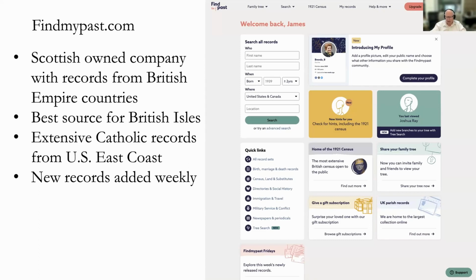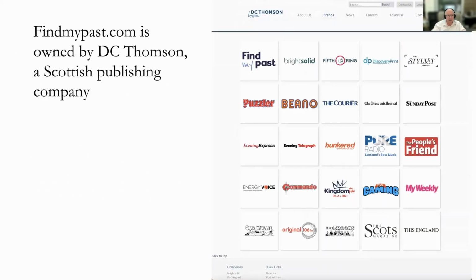Every week I get a notice from Find My Past telling me additional record sets that have been added to the website. And all the records are indexed. By the way, it's owned by a company called DC Thomson. It's a Scottish publishing company. And unless you're from England, you may not recognize some of these publications and some of the things that are associated. One of the reasons I decided to add the issue of who owned it and what they own